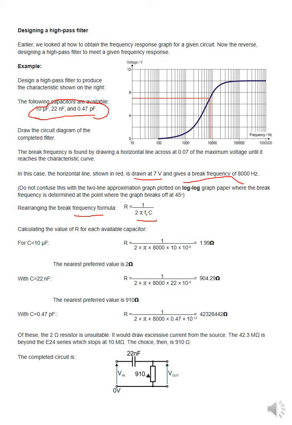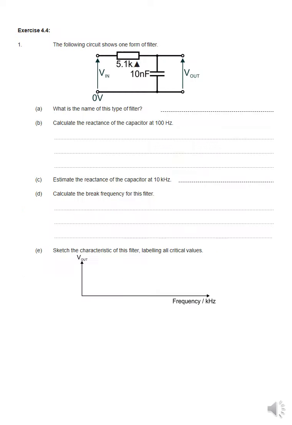You have to design a high pass filter, remember. So you have to pick one of the capacitances which can be used for a high pass filter. However, it has been shown here, but you have to look at these calculations, why this particular capacitance is used for a high pass filter, depending upon the theory which we did in the previous slides. Again, you have to solve this.